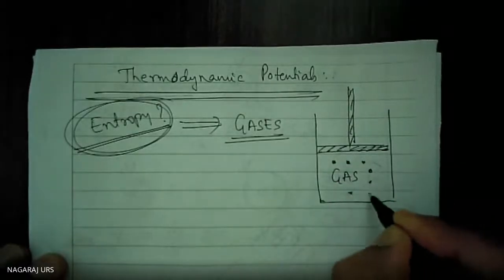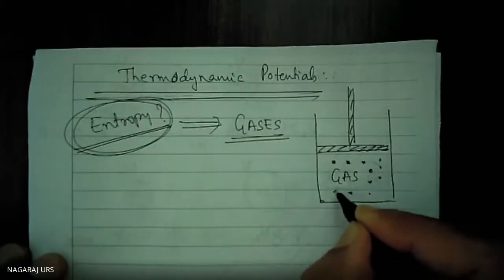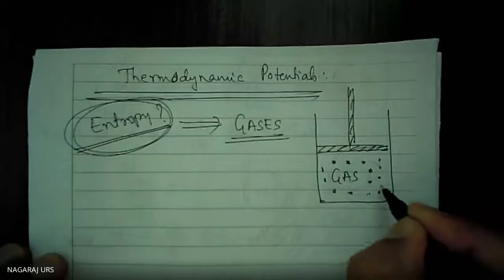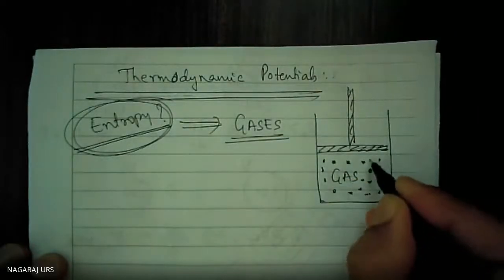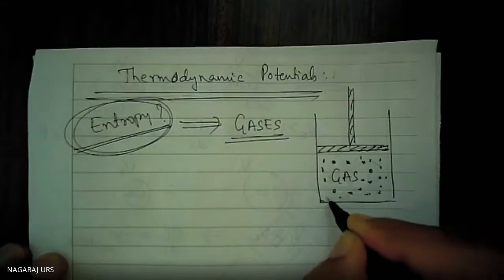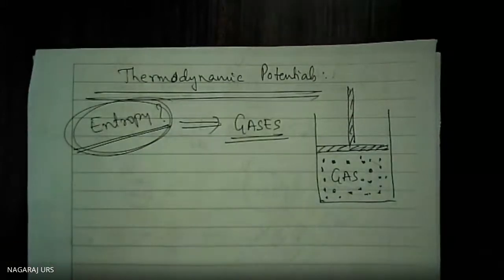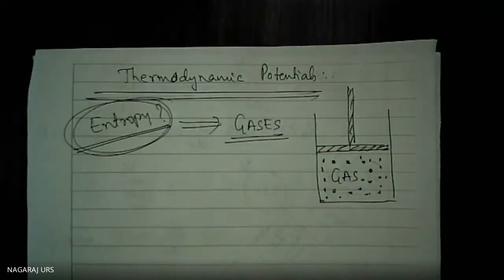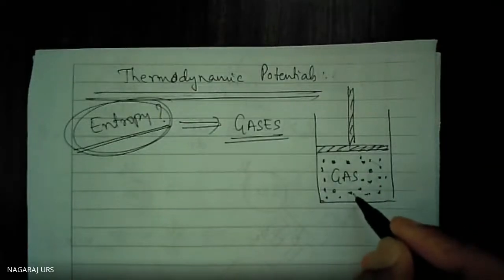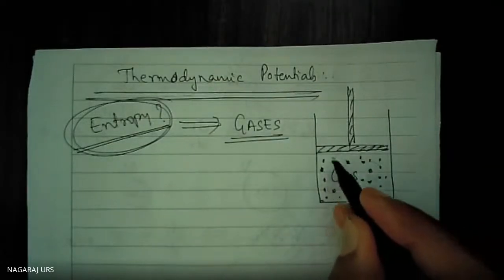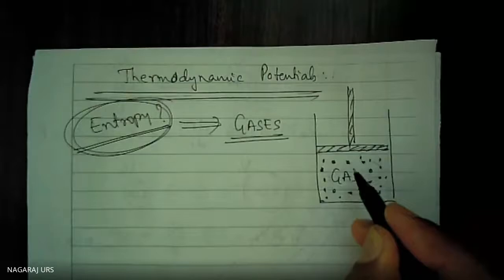Whatever dot marks I am writing are representing the gas molecules. Now, do you think the gas molecules remain stationary, constantly present only wherever they are? No. Kinetic theory of gases. Already you have studied kinetic theory of gases, in physics as well as in chemistry. It says that because of the temperature, these gas molecules go on moving randomly.